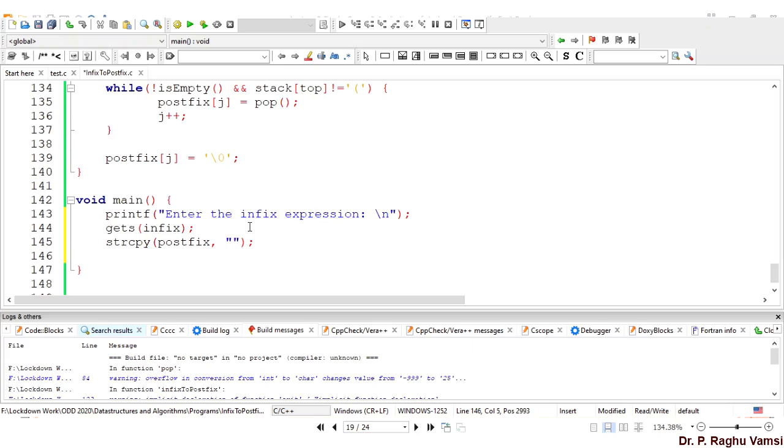Then I'm calling infix to postfix. I'm passing the first argument as the infix and the second argument as postfix.